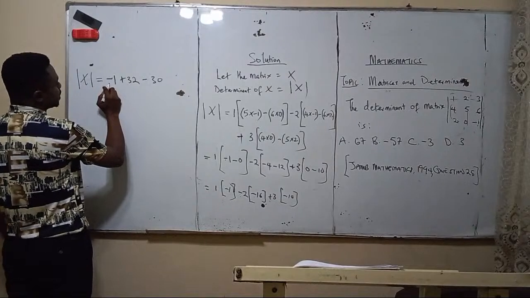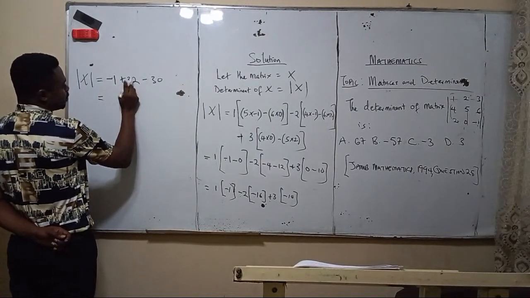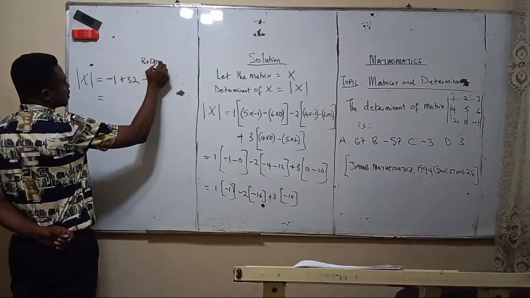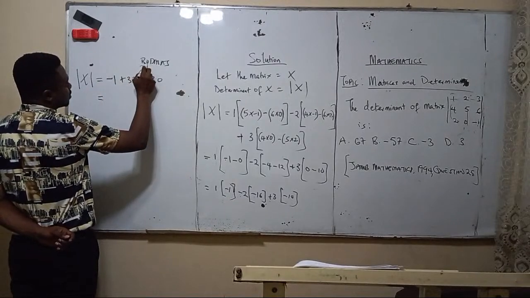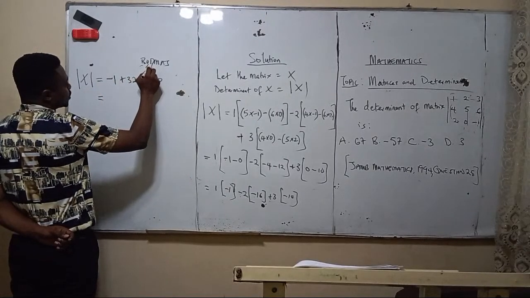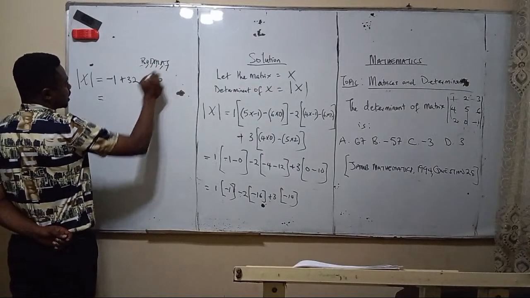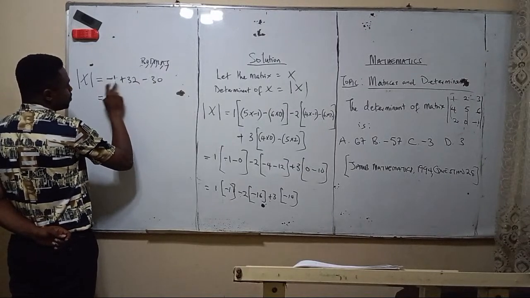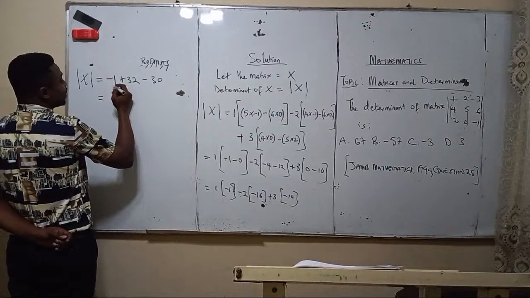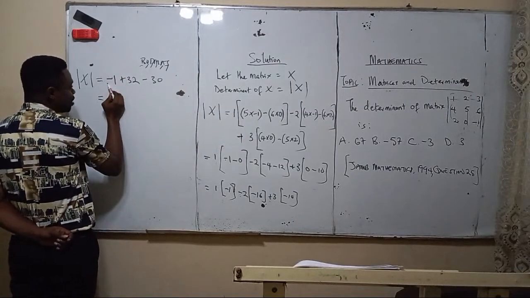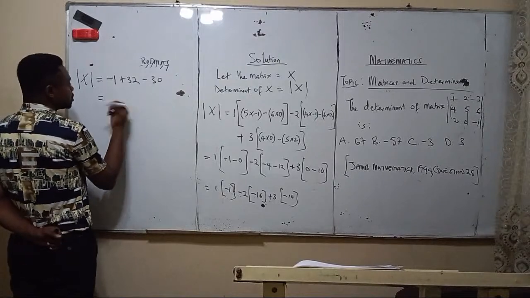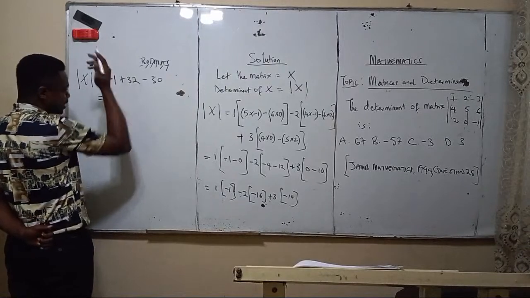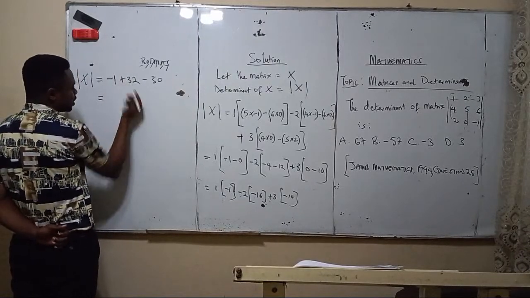Minus 1 minus, okay, let's solve this here first. 32 minus that. Bracket, open, off, division, multiplication, addition, subtraction. So even if you add up here, minus 1 plus 32 is the same as 32 minus 1, so any of them is okay. Let's just do it. Minus 1 plus 32 is 31, so 31 minus